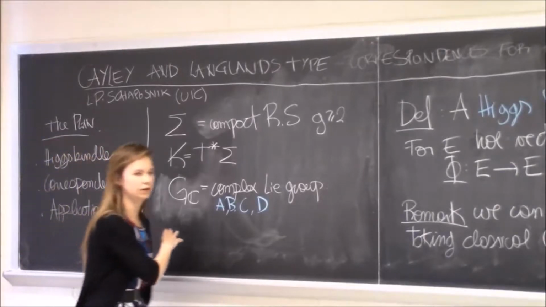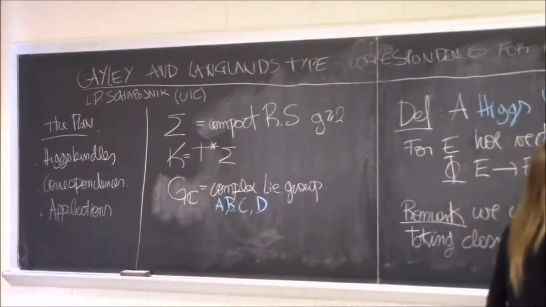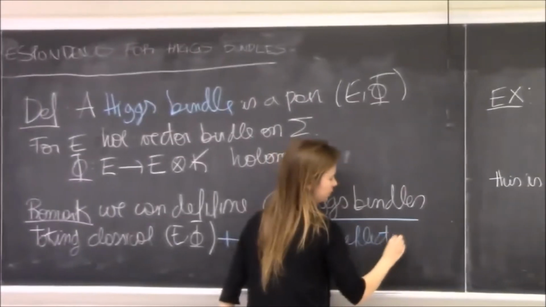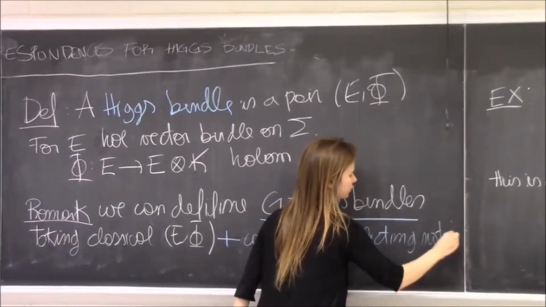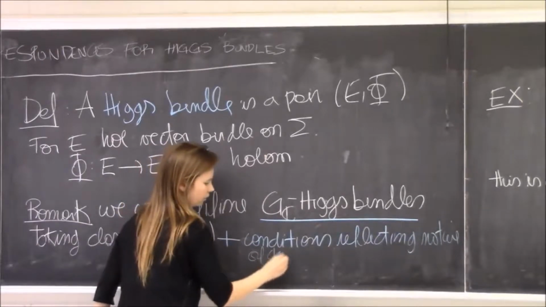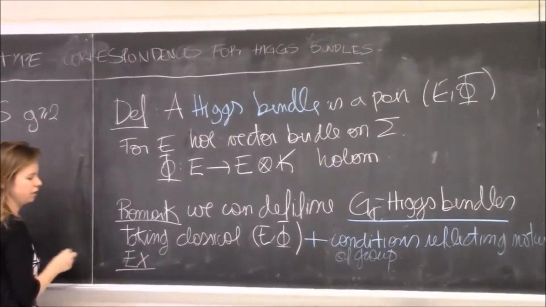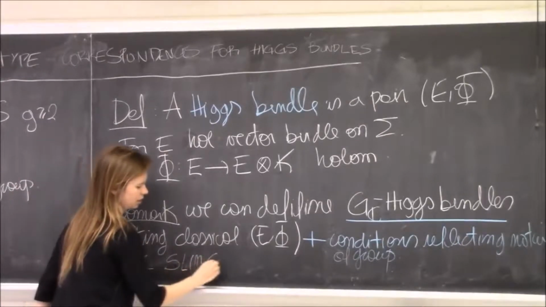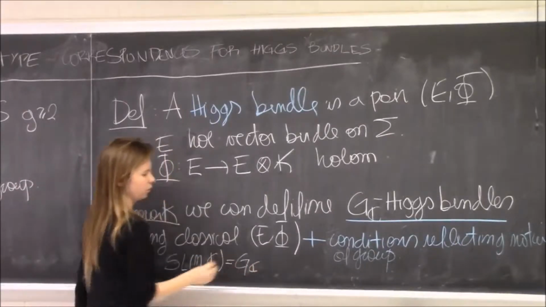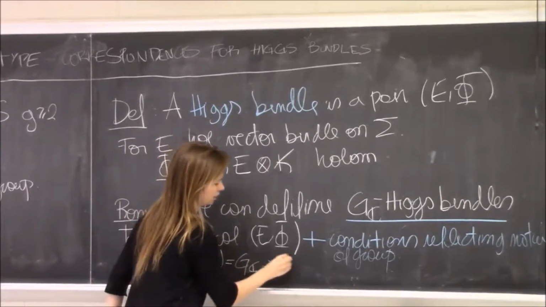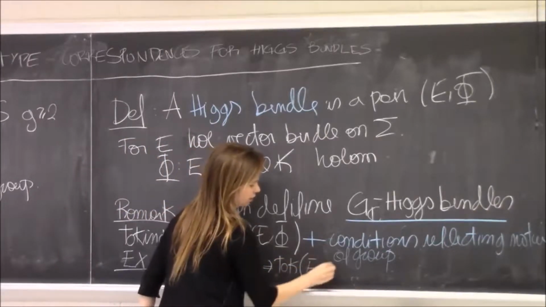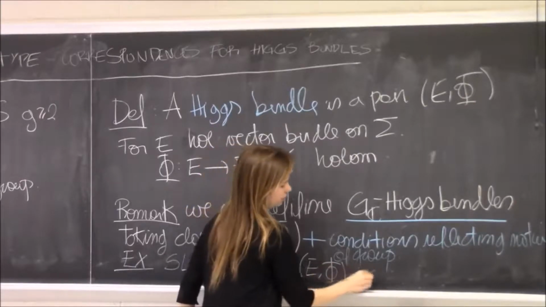So classical Lie groups, for those classical Lie groups, you can add conditions reflecting the nature of the group. There is a formal definition, I just don't want to go through it, since what we're going to be doing is a lot of linear algebra too, and for that we need the matrix representation. So what do we mean, for example, if we took SL(n, C) as our group, what we were asking is take (E, phi) such that